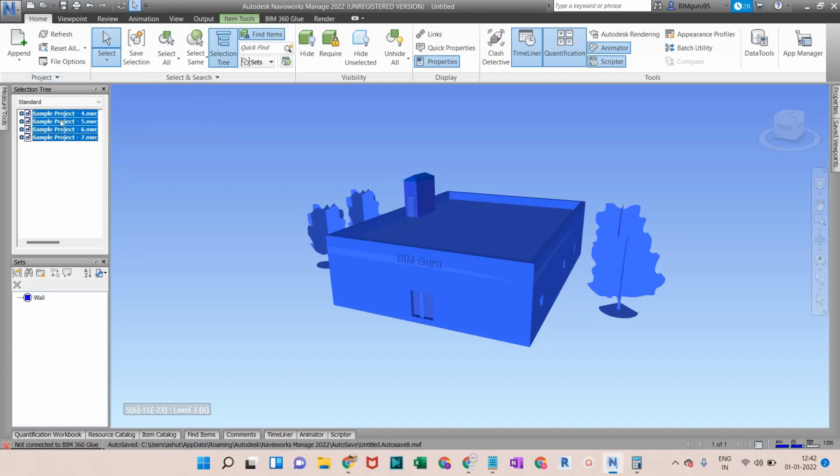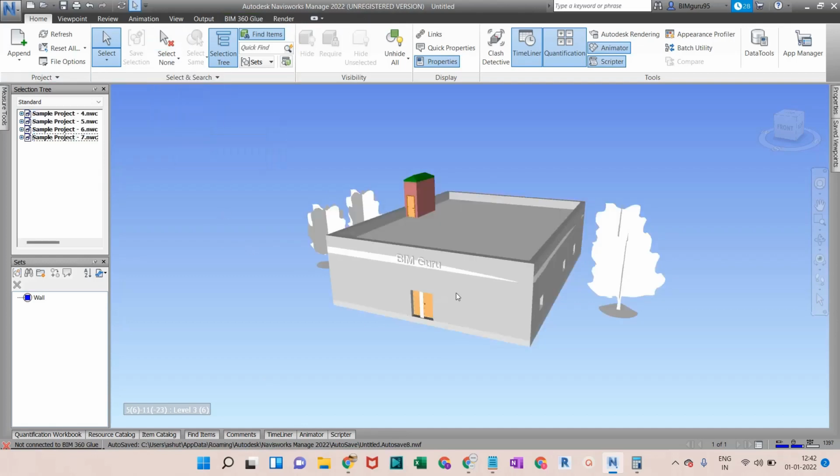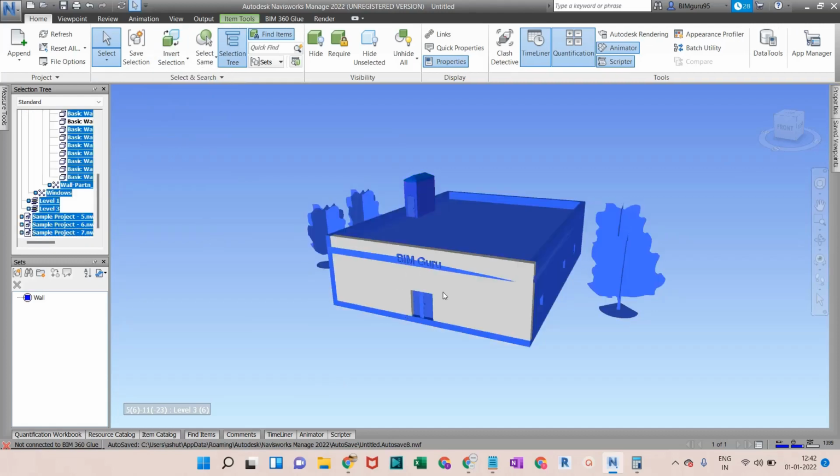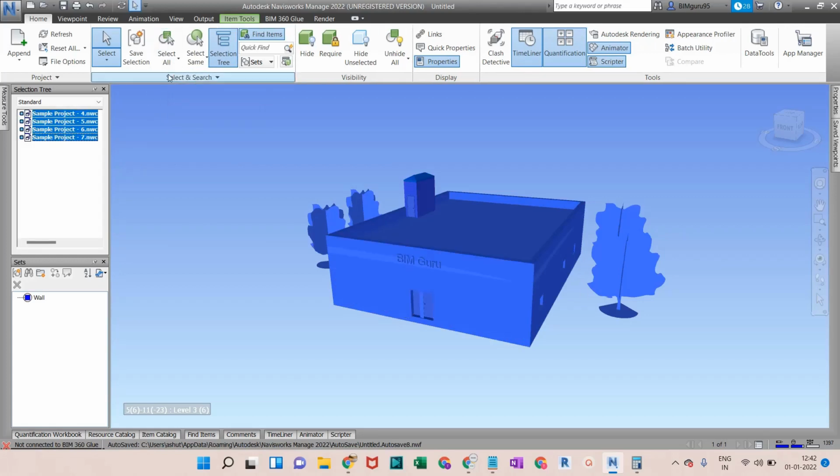You can see in the selection tree as well, it has selected all the elements. But if I go with Select None, it deselects all the elements. If I select this wall and click on Invert Selection, it does not select that particular wall and selects all the other elements. So these are the three options in the selection command.